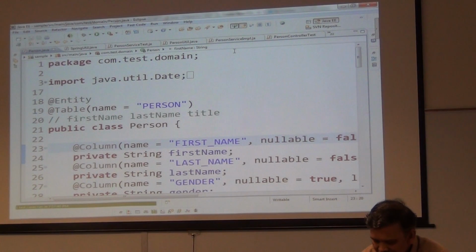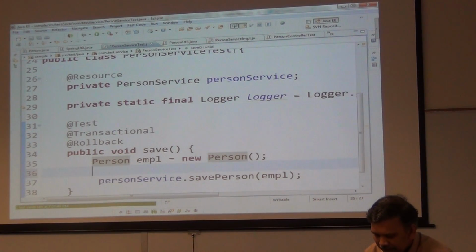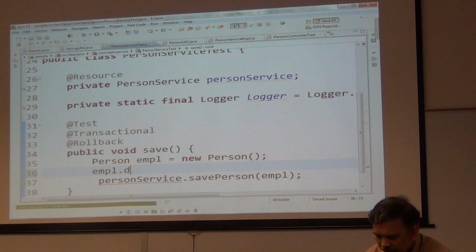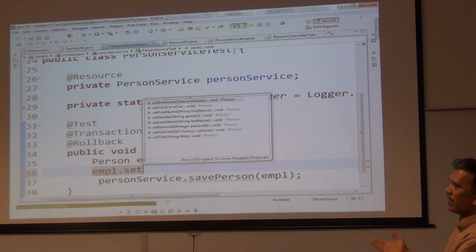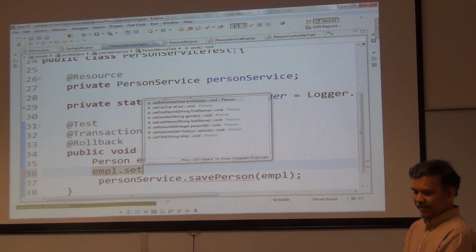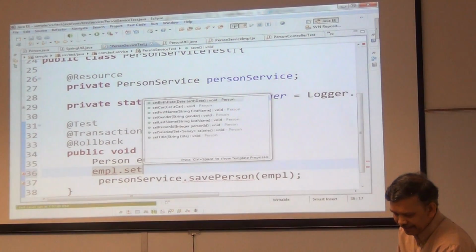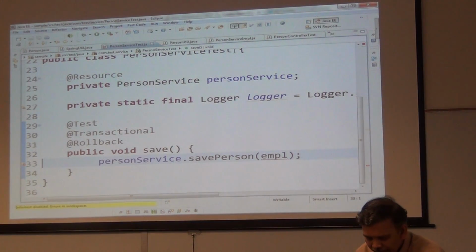So you have to create an instance of that. Now in Eclipse, you have to type employee and then set first name, all these things you can set one by one, okay? That may take time if there is a large number of fields, like 15 fields. Now here, oh, by the way,